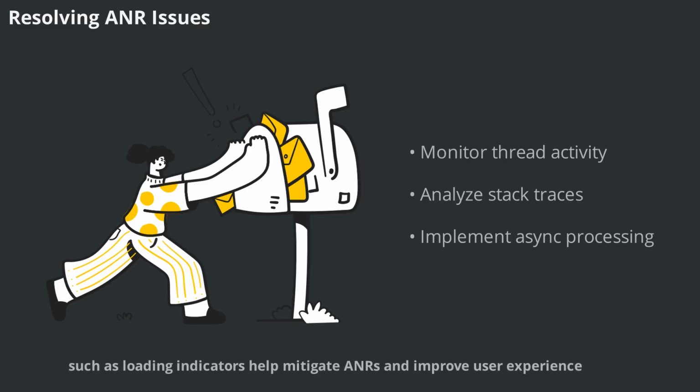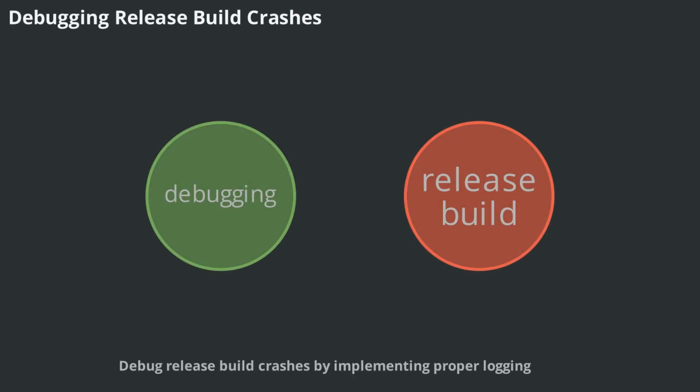improve user experience. Debug release build crashes by implementing proper logging, using crash reporting tools like Firebase Crashlytics, and generating mapping files for deobfuscation. Test release builds on various devices and configurations to reproduce issues and ensure robust error handling